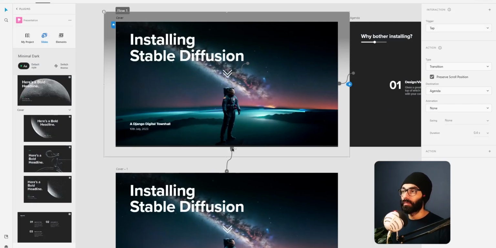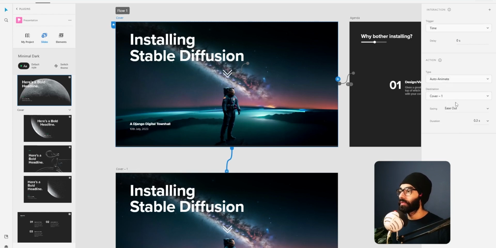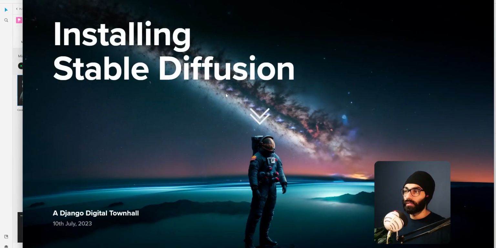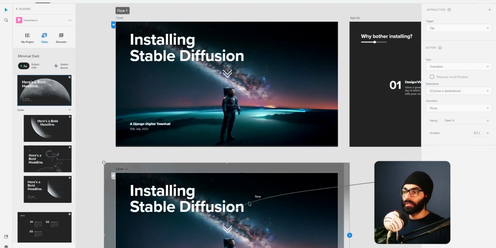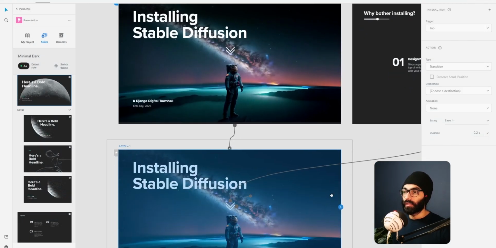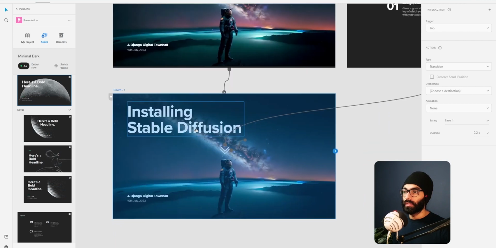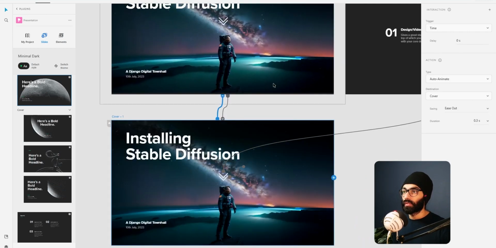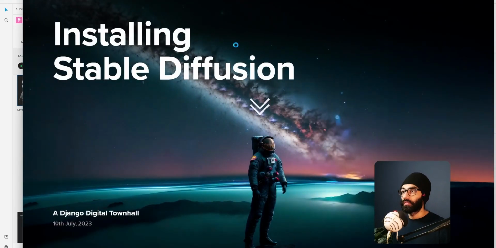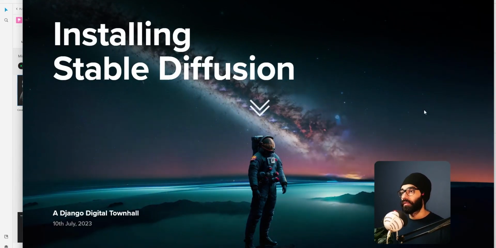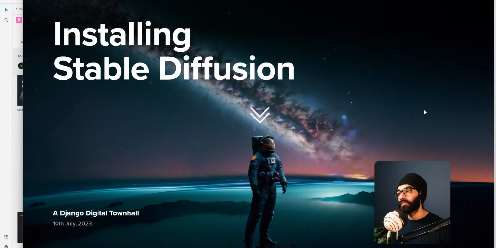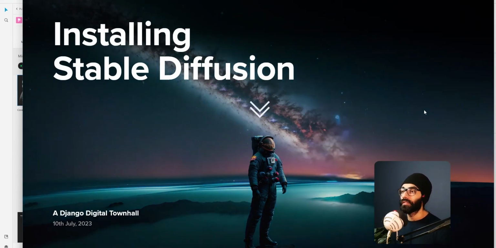So I think the type has to be auto animate. I forgot, auto animate. Now if you do Control Enter, it has to be for this as well. So I'm going to select this, and this is supposed to have one here for time, auto animate. And now, you see, the problem is if you keep a video playing behind, it's going to loop like this. So that's why I ended up not using it.